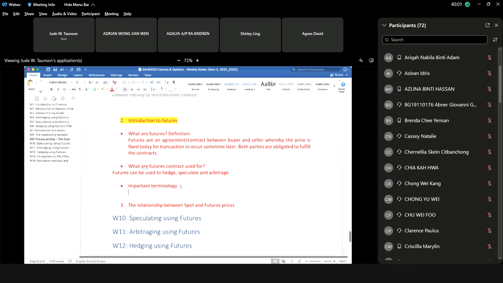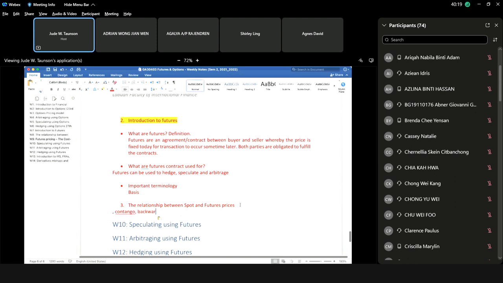Example: basis, contango, backwardation. Actually, this one is for this one. Relationship: contango and backwardation. Okay, contango, basis. Basis is equal to